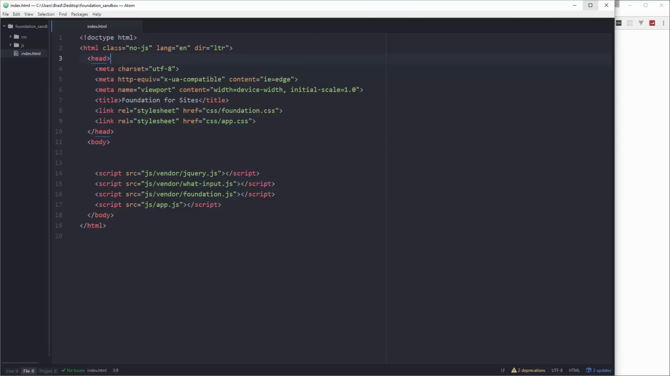So we have our doc type, we have our HTML tag with the lang, the direction left to right, head, our meta tags, we have the character set, the HTTP equiv meta tag, the name, the viewport, which we're setting to the device width at an initial scale of 1.0. Alright, so just standard HTML head stuff. For the title here, let's go ahead and change that. We'll change it to